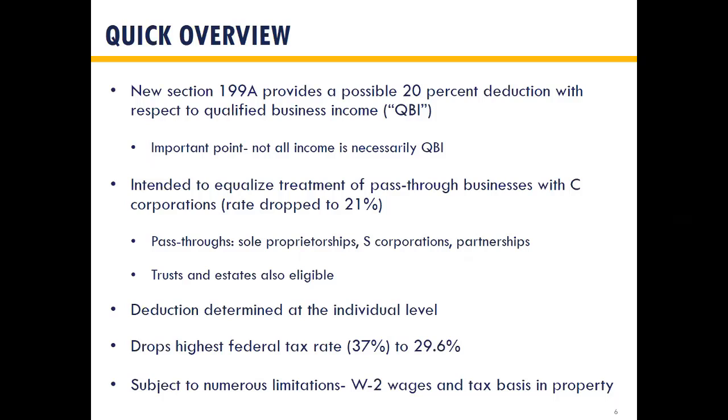If you had qualified business income and you're an owner of a pass-through entity and it flows through, you get this deduction and it drops your rate. The highest applicable federal rate for individuals is 37%. If you get the 199A deduction, it can drop your rate down to 29.6%. So ultimately, as the bullet point here says, it's determined at the individual level. We're not going to get into it too much today,